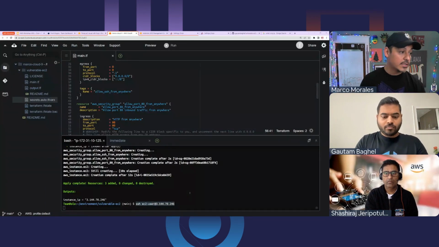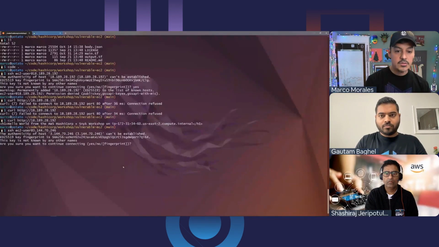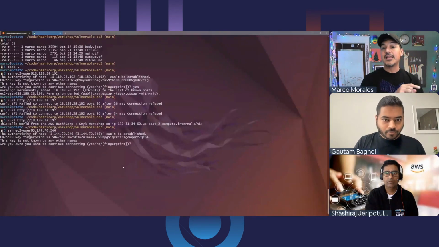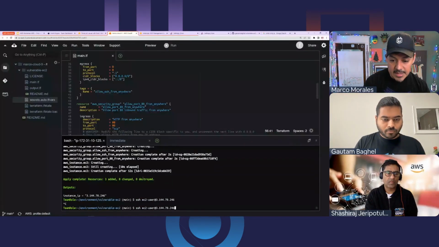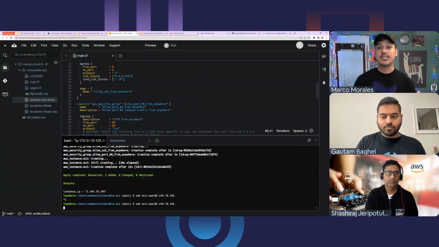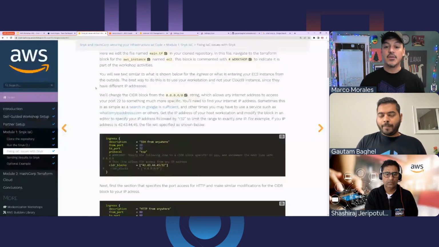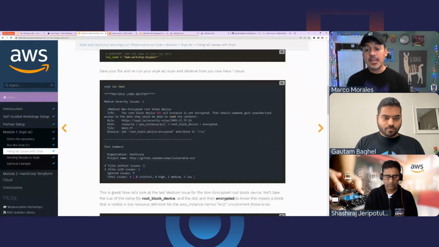The next thing I want to do, did I do the right cut and paste? Let's see if this is going to work here. So my terminal can get to this, and that's good. But over here, if I do this command again, I'm not able to. It's because port 22 just is not available to my Cloud9 environment. It's only available to my personal computer, which is the IP address. And that just helps to show you that this is the kind of stuff you'd want to do. This entire narrative here describes the same thing. There are other things that we'll describe.